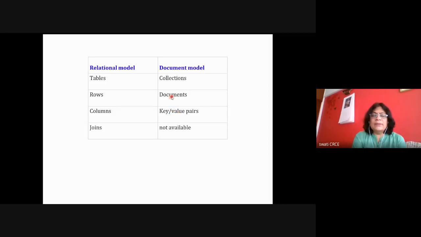A document is similar to a row of the table, and a collection of documents is your table. In an RDBMS, joins are provided internally: once you define the relationship between the tables, the database itself provides the joins, but here such join queries are not available.